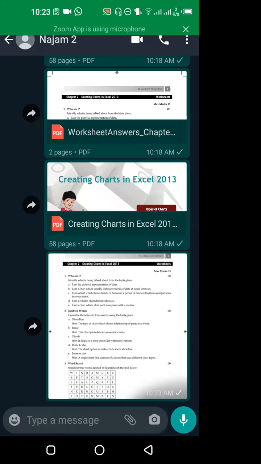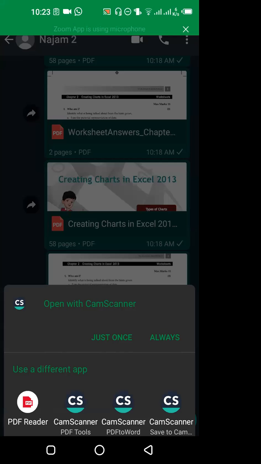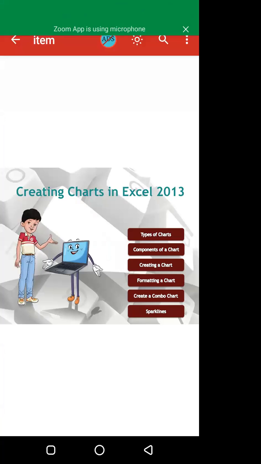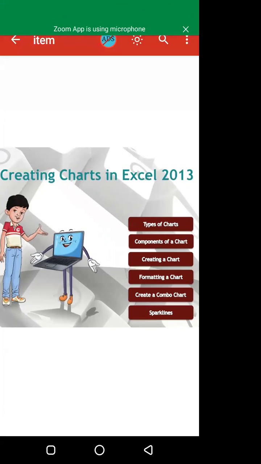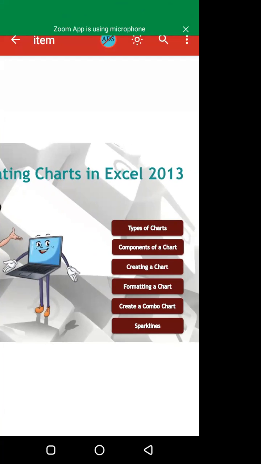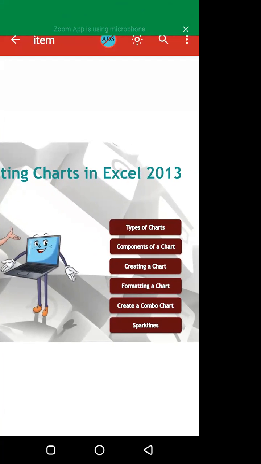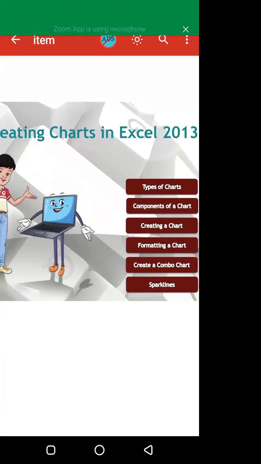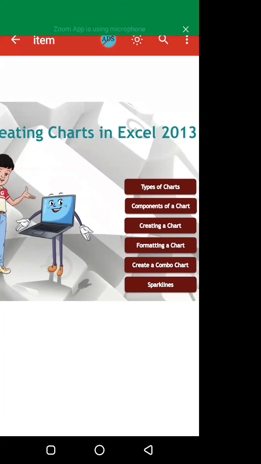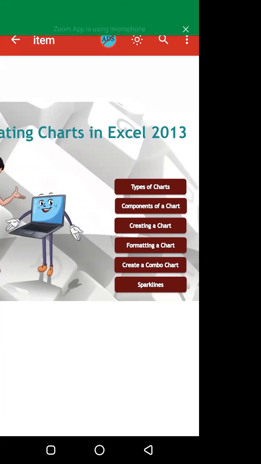Creating charts in Excel. Here we have types of chart, components of chart, creating a chart, formatting a chart, creating a combo chart, and a sparkline in the last. Already we have done lots of practicals in the computer lab, and we are just revising our topic of chapter